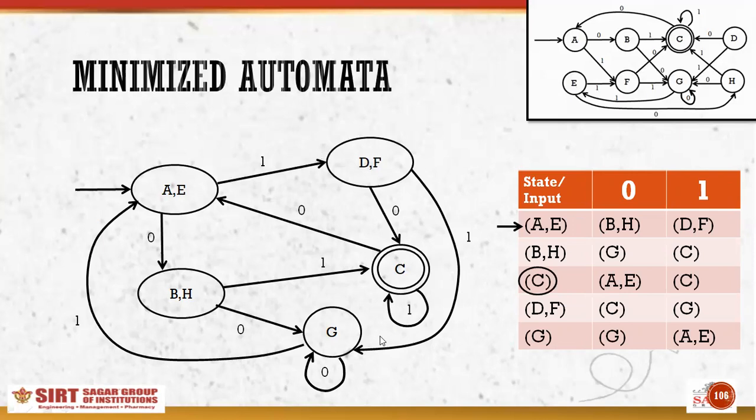Okay. So the only thing which we have to remember is that we cannot directly convert a finite state machine into a minimized version. We just have to check whether it is a DFA or not. If it is a DFA, then we can directly convert or minimize it into the minimum possible states.